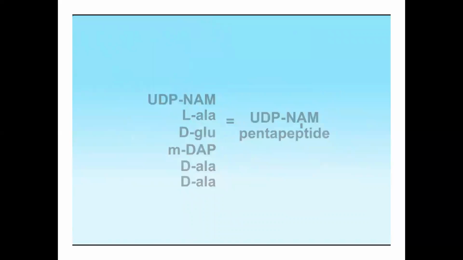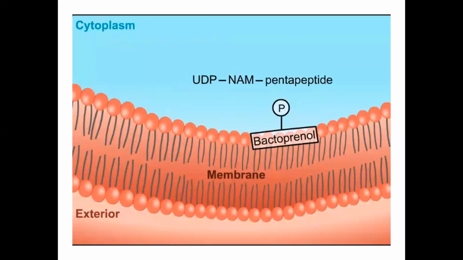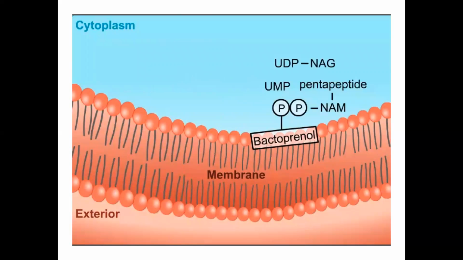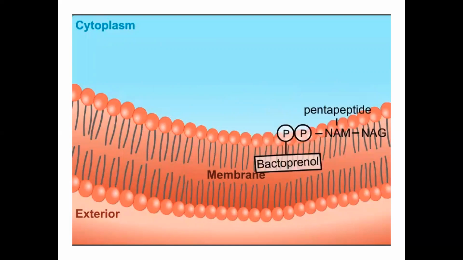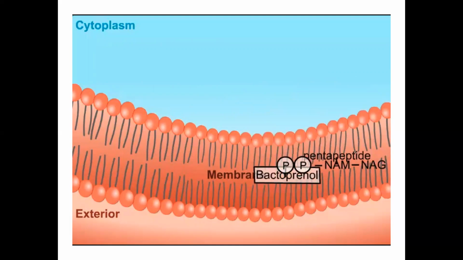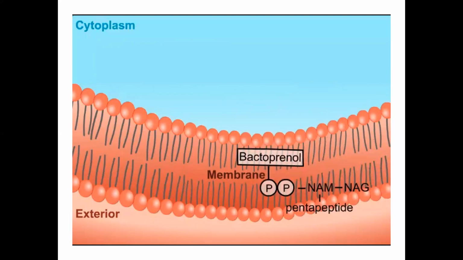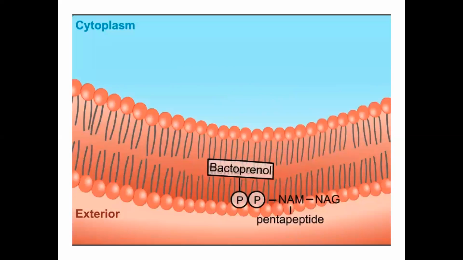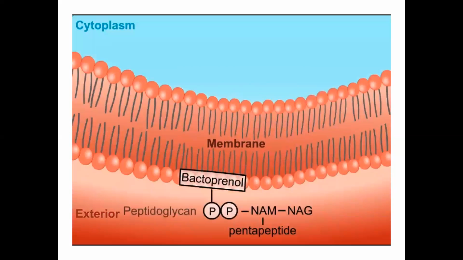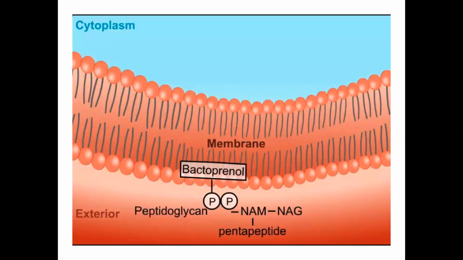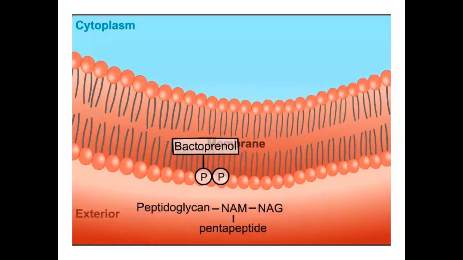The NAM pentapeptide is transferred from UDP to bactoprenol phosphate at the membrane surface. Then NAG is transferred from UDP-NAG to the bactoprenol NAM pentapeptide to form the final disaccharide pentapeptide precursor. The completed NAM-NAG precursor is transported across the membrane to its outer surface by the bactoprenol carrier lipid. The disaccharide pentapeptide is then transferred to the growing end of the peptidoglycan chain to lengthen it by 1 repeat